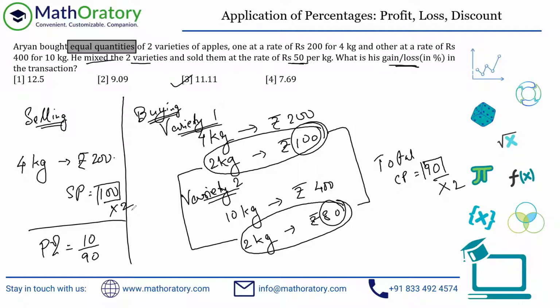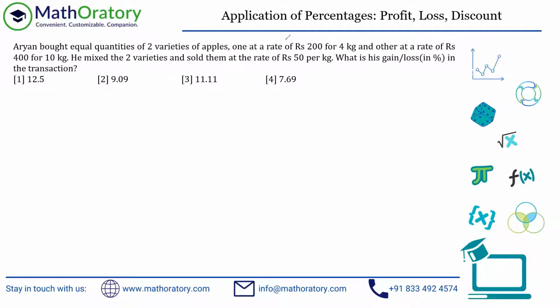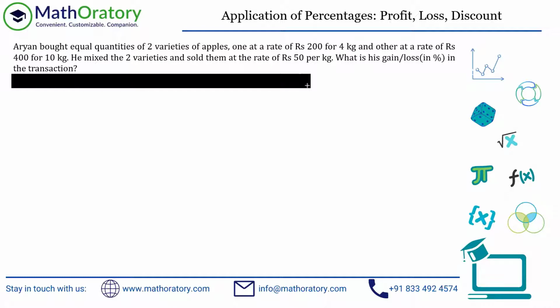On the flip side, yes, the question might have said that Aryan spent equal amounts on two varieties of apples. So what you then should have focused on is the amount to be made equal. So let me, for argument's sake, show that variation again. So ignore the options. I don't know whether any option will match in this case or not. So the only change that I'm doing is instead of Aryan buying equal quantities, let's assume that Aryan has spent equal amounts on buying.